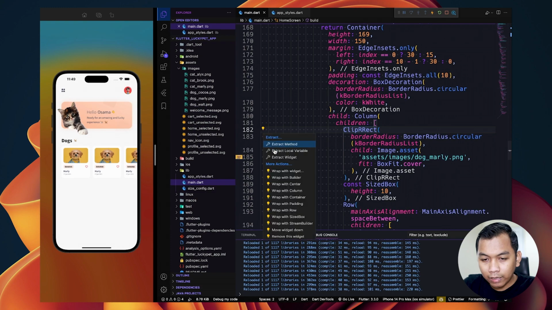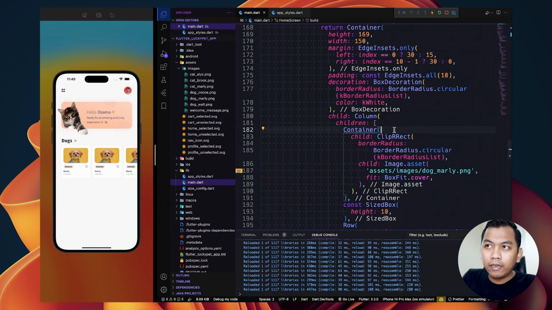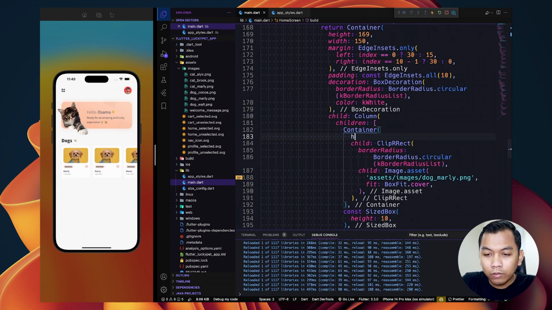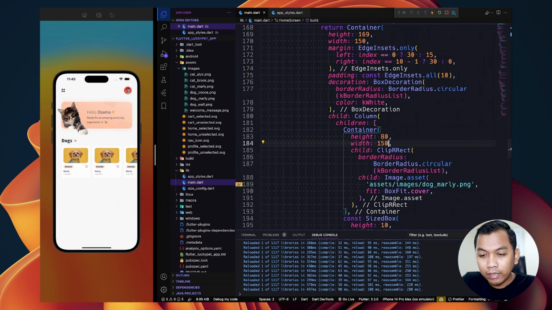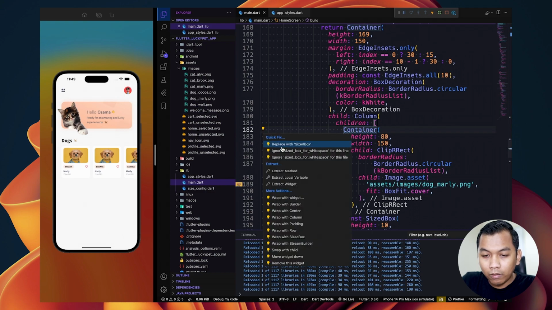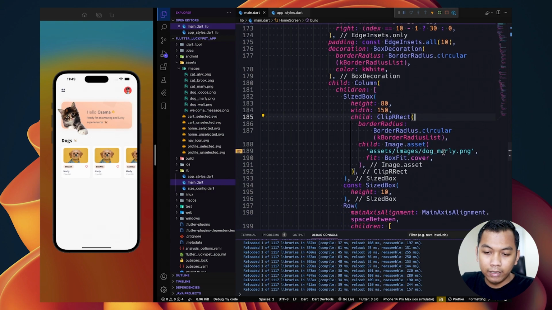So maybe I still need to wrap it using Container, and what we need to do here to make sure the height will be 80 and the width will be 150. Or we can use SizedBox, look like this.